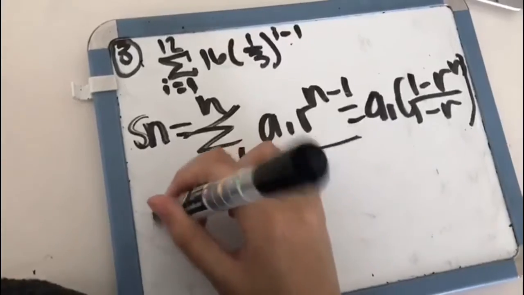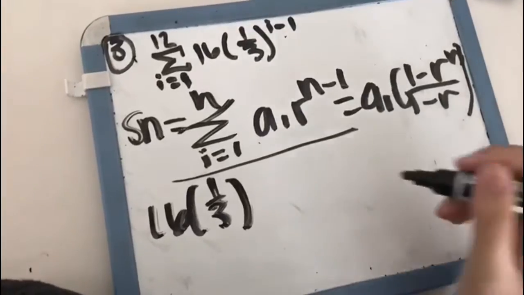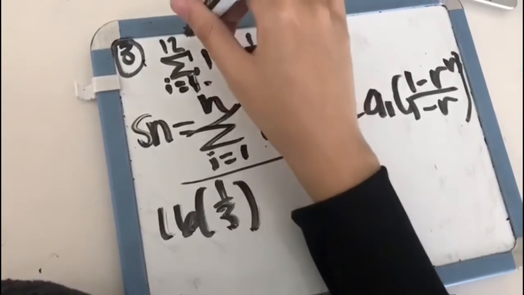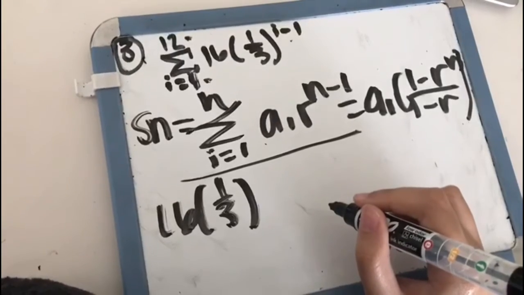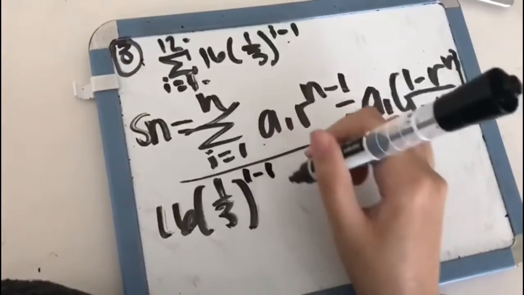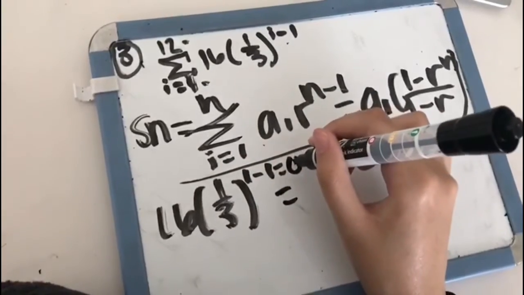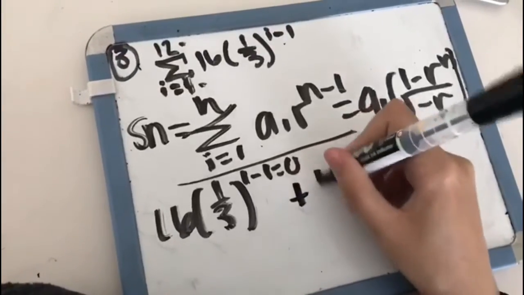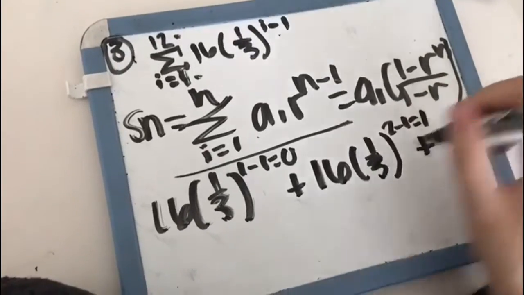Now in this problem, 16, let's try making a sequence of 1 through, like, 2. Well, okay, it says just by finding 1, so that means 1 is the first starting point and 12 is the last part, right? So let's see what we can do here. So 1 minus 1 means this will equal 0, so it's just 16 times 1 over 3 to the exponent of 0. Okay, let's try this: 16 times 1 over 3 to the 2 minus 1 equals 1, so it's just that, and then plus 16,